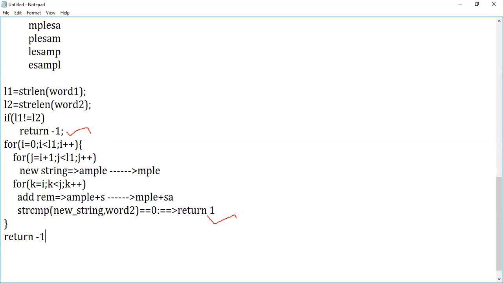At the end, if the words have equal length but are not in a proper sequence or have some other characters, then also we're supposed to return -1, right? So here I'm returning -1 whenever my condition is not true. Is this clear for everyone?